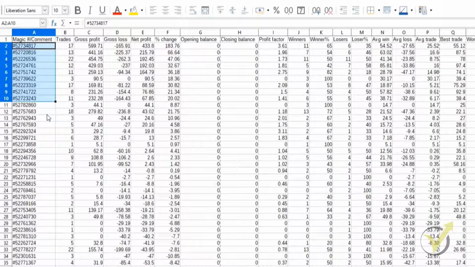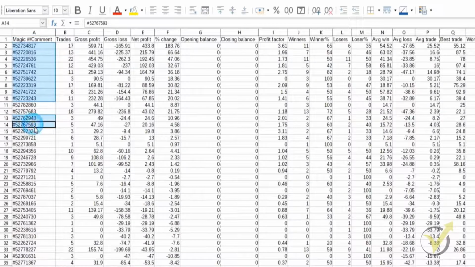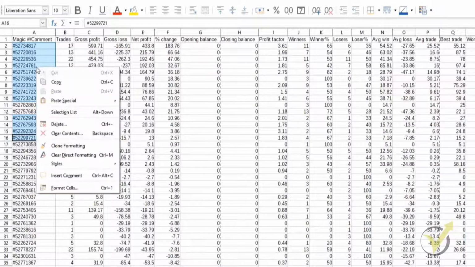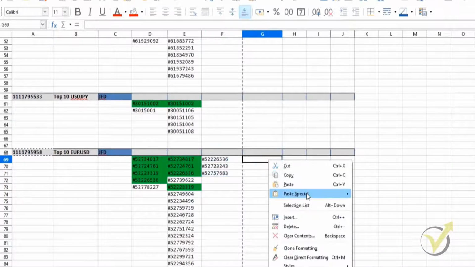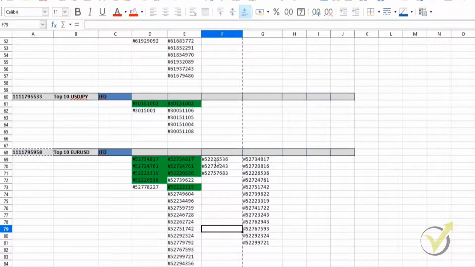Right, then the next 3 are below the 1.4. Sorry, the next 2 are below the 1.4. Then this one is 2.01, 1.05, 3.11, 1.83. And then beyond that, they're all below the 1.4. So I'm going to copy these, put them back onto my spreadsheet, paste them here. Now let's quickly go through it.